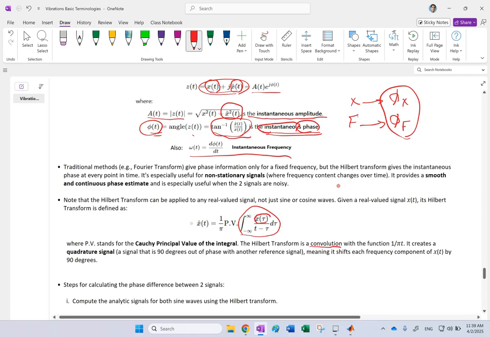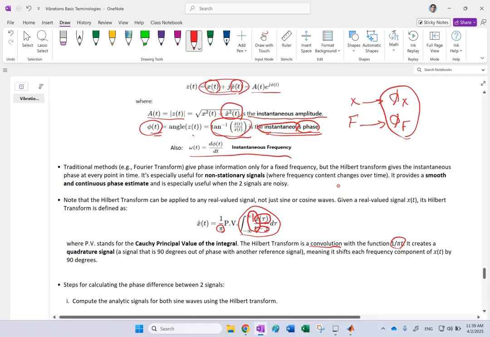Between your signal itself and then what? The signal 1 over pi t. You can see the 1 over t here, and this is the pi. So you convolve your signal with another signal, 1 over pi t, and this is, of course, t minus tau, because